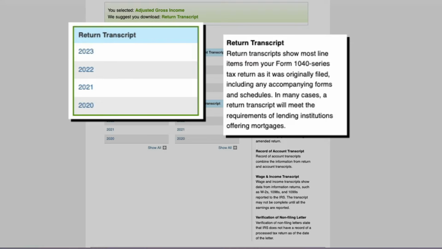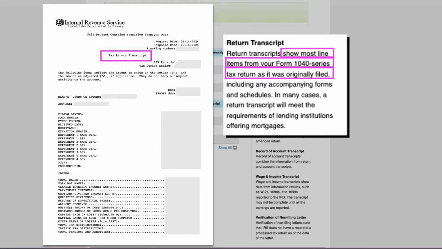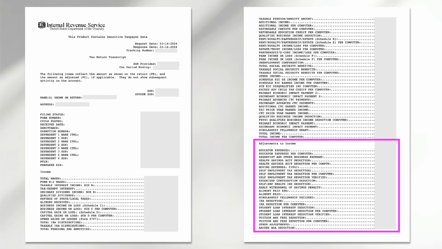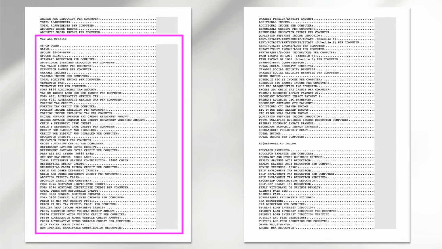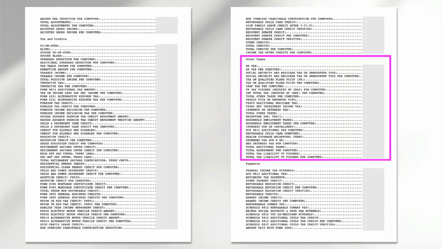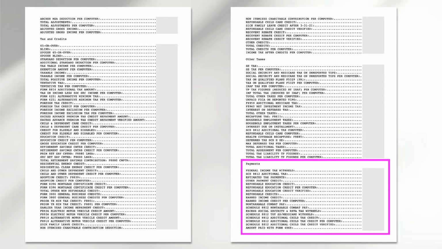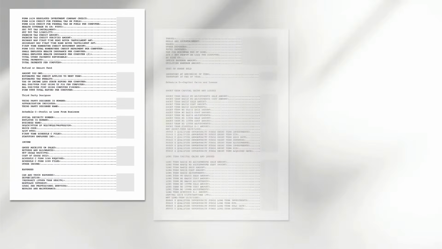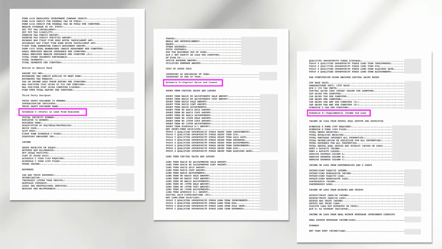The return transcript, which is what I want, shows most line items from your Form 1040 tax returns as it was originally filed. You will see at the top your personal information, then all categories of income listed for the tax filings, any adjustments or deductions received, tax credits claimed during the year, any additional taxes paid such as self-employment tax, all the payments you have made for the tax year, and whether you owed or had a refund coming that year. Additionally, if you had additional schedules filed, like Schedule C, D, E, or F, they would be listed